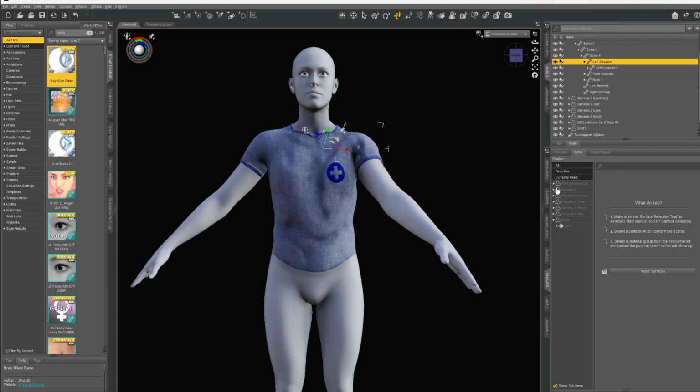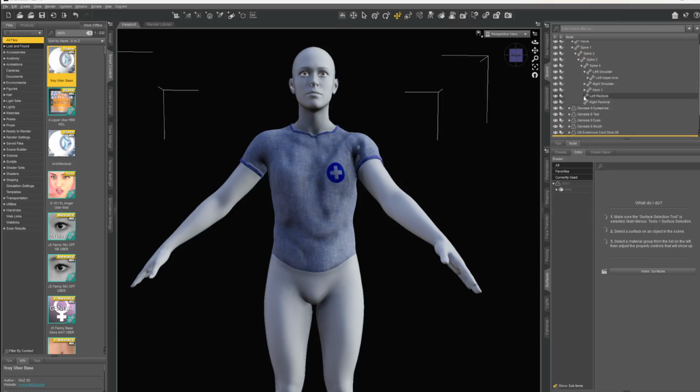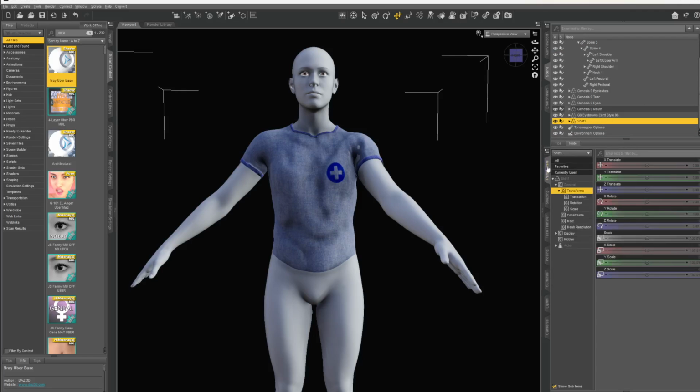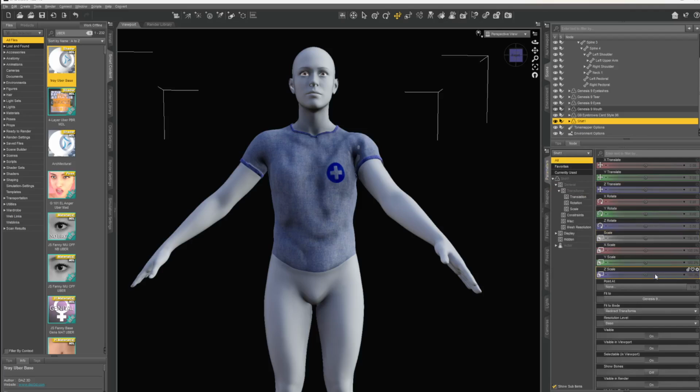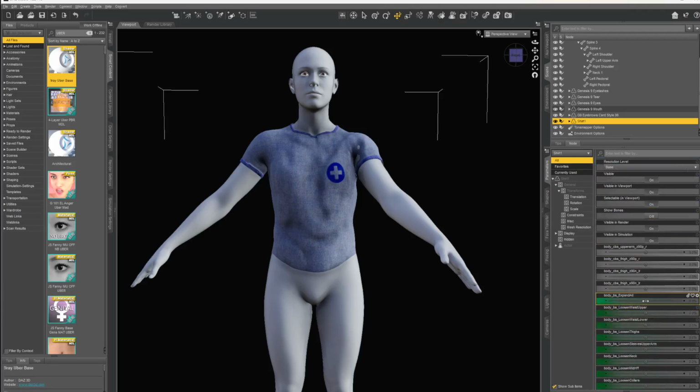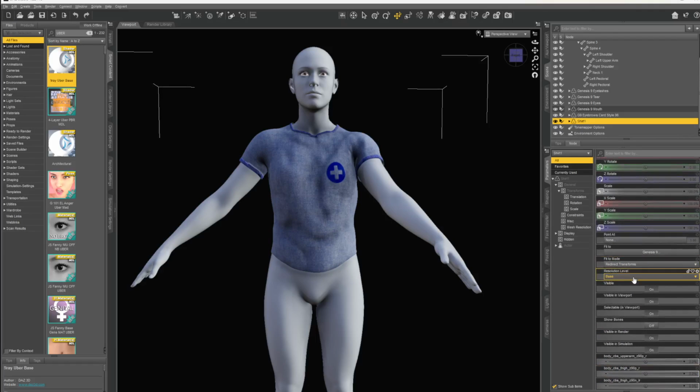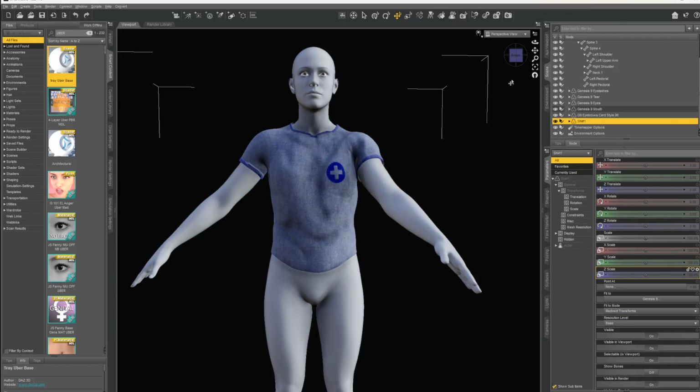And if it doesn't, Ari, once you've parented it like that, you can see it falls under your character now. You can go to parameters and do the normal stuff that you usually do. You can expand it a little bit. There we go. So you can loosen up, you can do whatever you want, or you can do a better job doing it in the first place. And that's it, Ari.